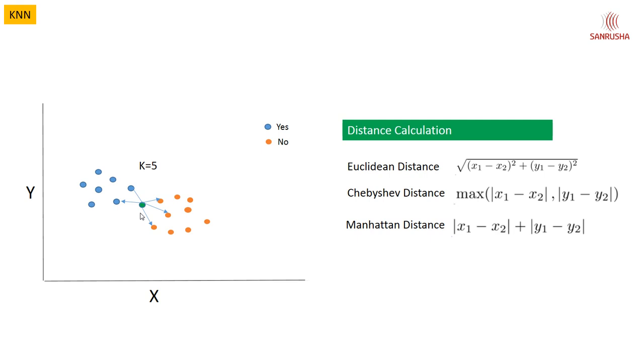That much calculation it has to do to get to the correct neighbors, and that's why selecting k is a very important role in the KNN algorithm. And of course you will understand that when you do the hands-on project.